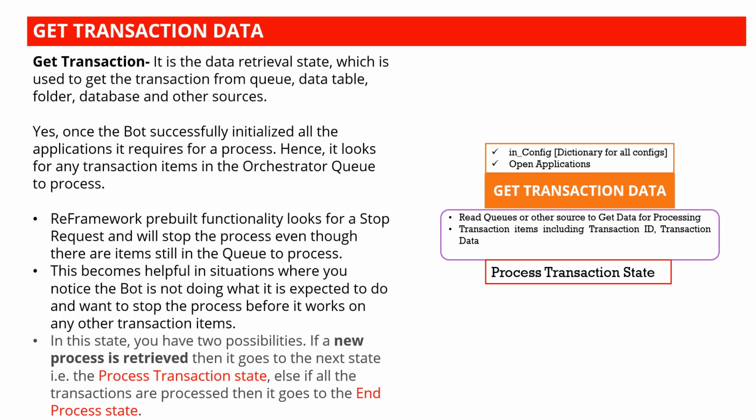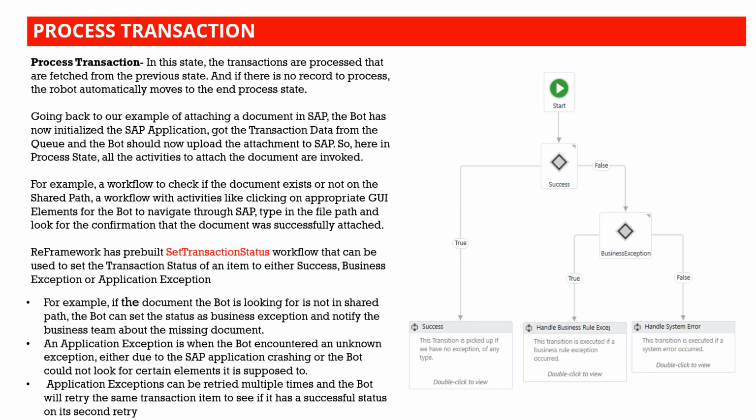But if you run into some issue, you need to understand the working of these things. And that's the reason you need to understand the behavior and different branching of each state, right? So from the get transaction, we'll move to the process transaction state. In the process transaction state, as I explained, the transactions which are fetched from the previous state are processed. And if there is no record to process, the robot will automatically move to the next,